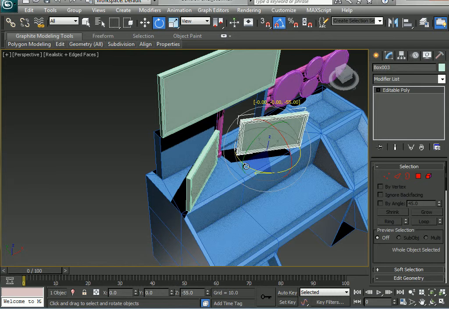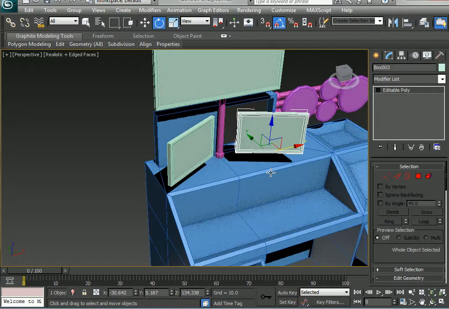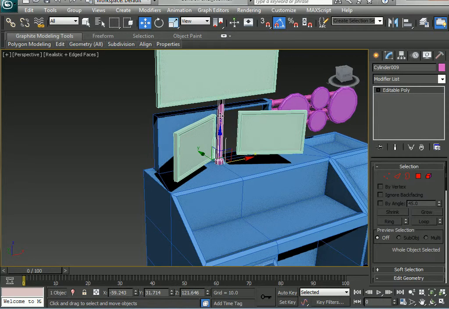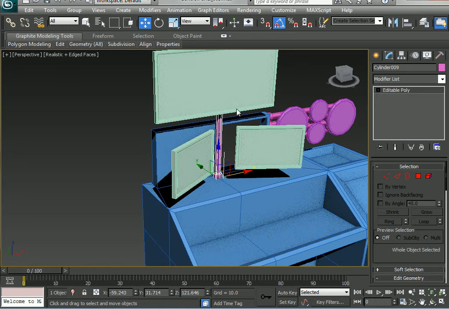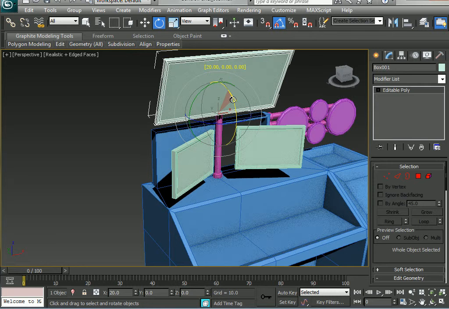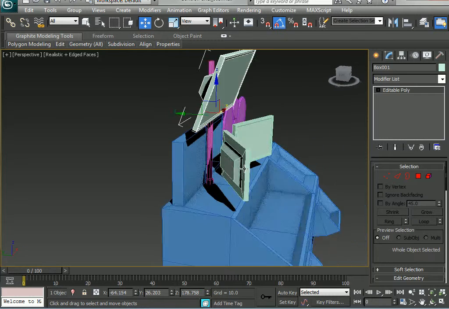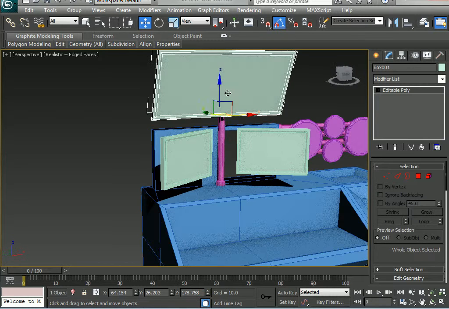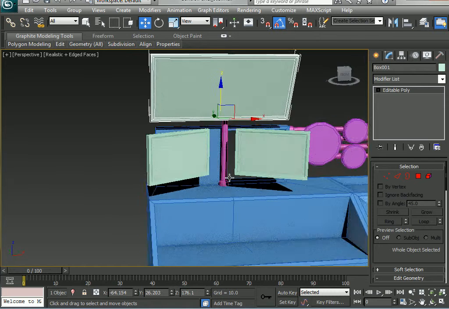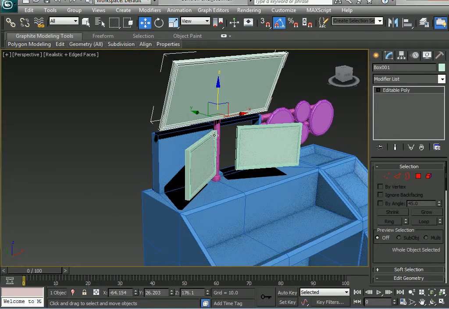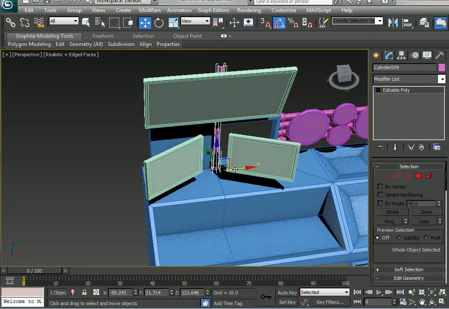And the E key again. Video capture is just slowing it down a bit. Okay, so you might want something like that. I'll actually grab this panel here